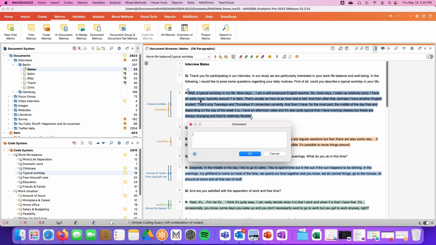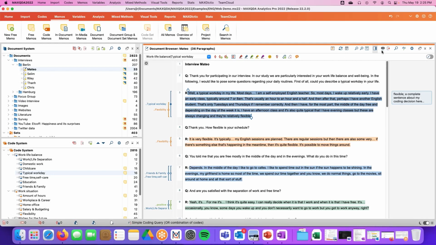All right, so I have this code here talking about a typical workday. Now, if I wanted to add something extra to talk about my rationale for using that particular code or picking out some particular keywords, I could do that here. For example, I see the word flexible, so I'm just going to use flexible as a keyword. And then I might have a complete sentence about my coding decision here. And when I click OK, you'll see this bubble becomes solid,